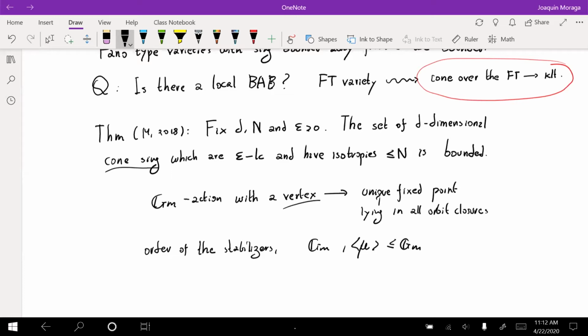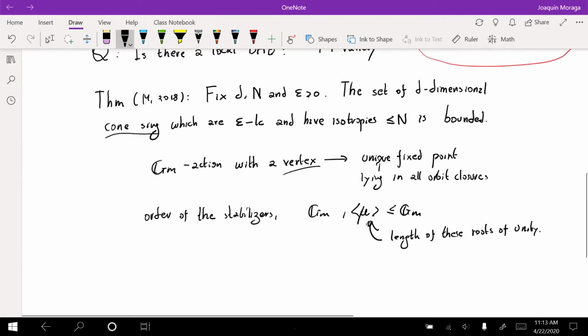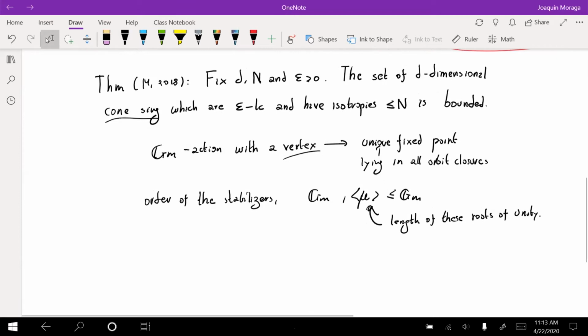So essentially, we're bounding the length of this root of unity. So the idea of the proof of this theorem is pretty simple. You prove that using the bound on the